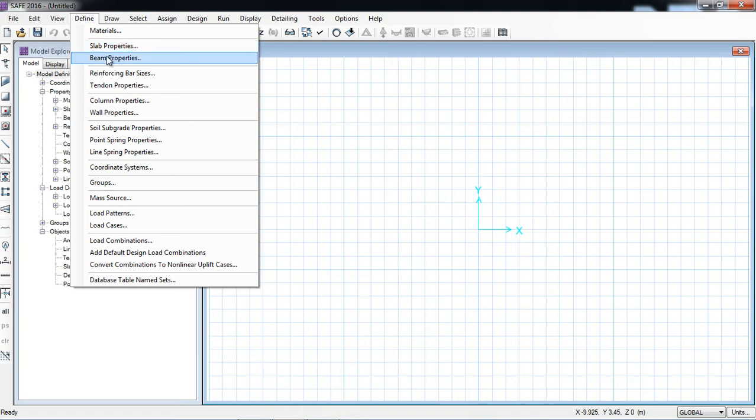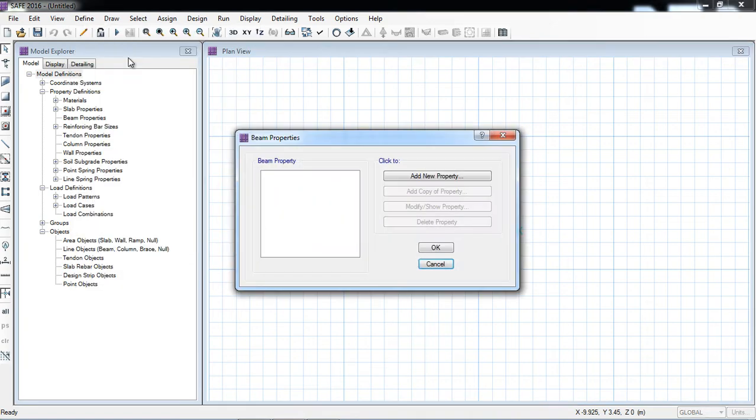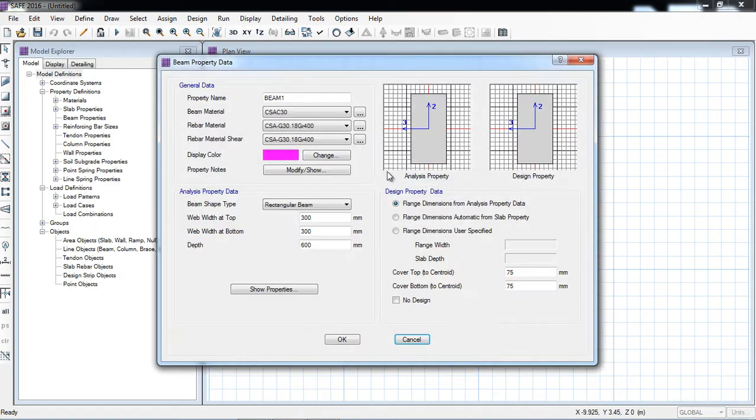Now I will define the beam properties. In the beam property, I will simply define a beam section of 300 by 600 millimeter. So here I will select the beam material f'c 28 megapascal, and rebar material 420 megapascal for longitudinal reinforcement,